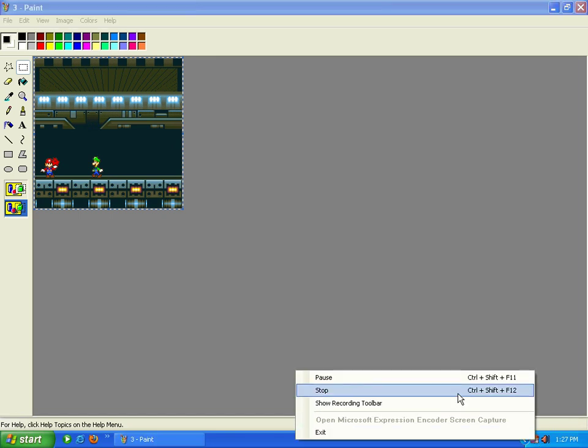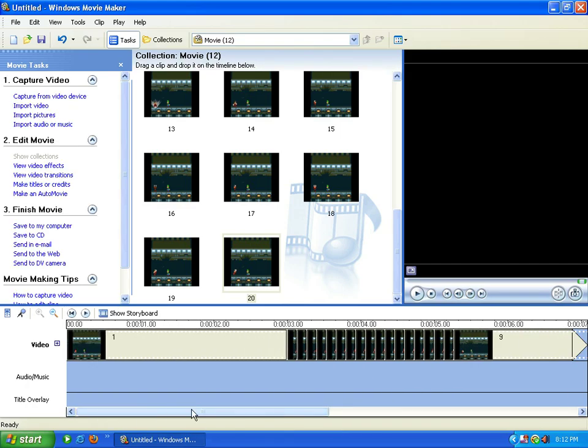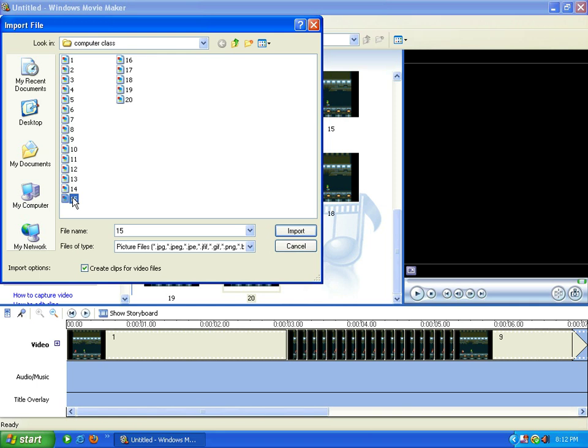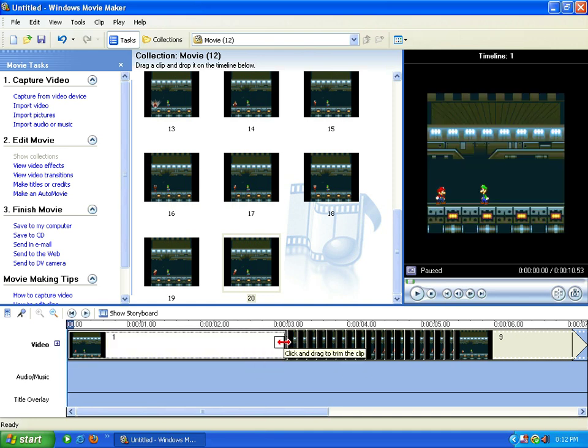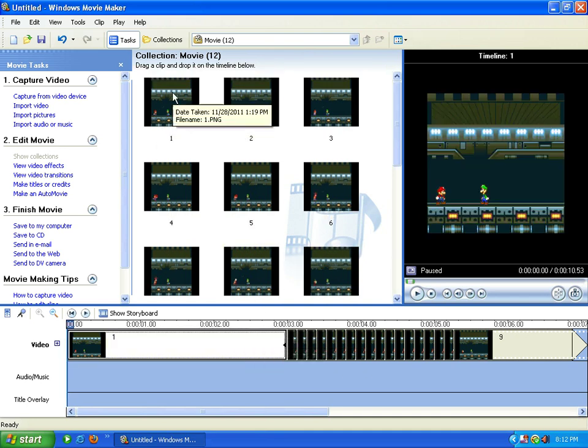Well, that's easier. Okay, after you get your frames made, what you want to do is import them via Windows Movie Maker. Click one, then click Control A in order to select all of them, then import them. I took the liberty of already putting my frames here, but anyway, what you want to do is drag one of the clips here and drag them to the lowest thing